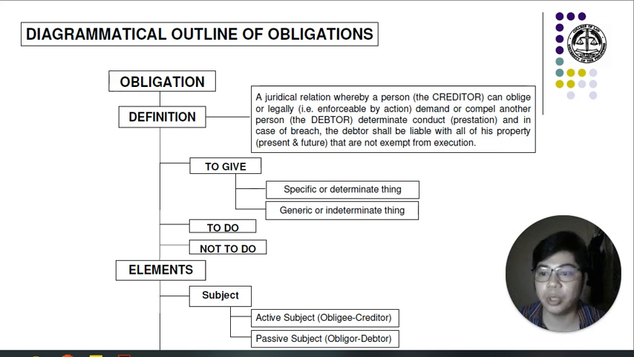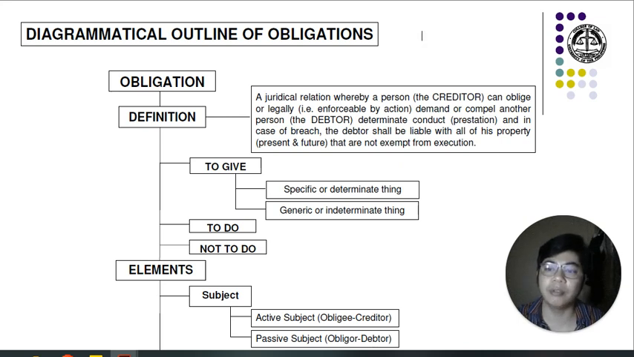It is defined as a juridical relation whereby a person, which is called the creditor, may demand from another, called the debtor, the observance of a determinate conduct, and in case of breach may obtain satisfaction from the assets of the latter. So the kinds of obligation,